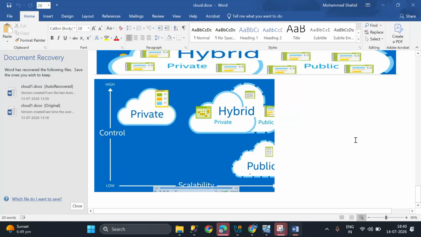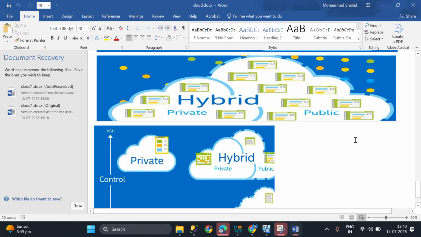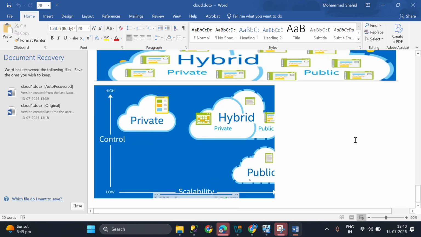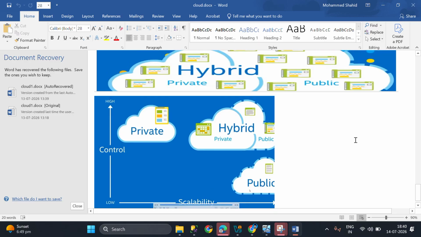In the last video we discussed the types of cloud. We have three types: private cloud, public cloud and hybrid cloud. Private cloud means we have control over all the racks in the data centers, and we can maintain all the servers in one rack. Coming to public cloud, other customers can create servers inside the rack, but the racks will hold the data of different clients. That is known as public cloud.